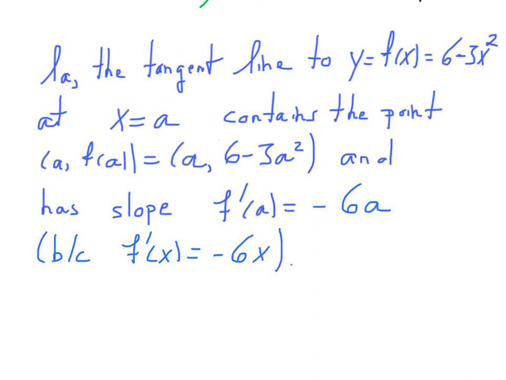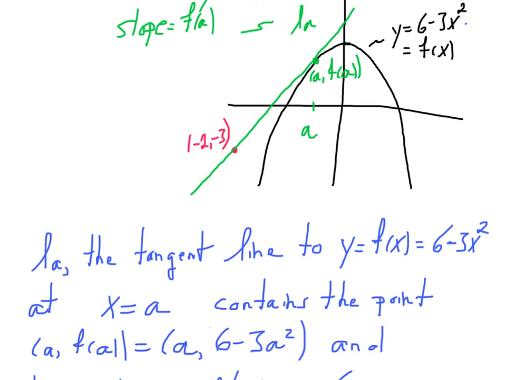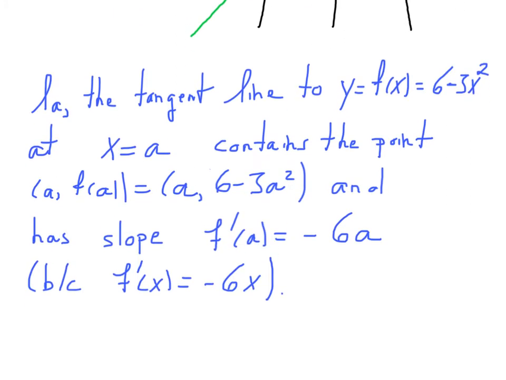All right, so what do we have now? Looking at L sub a, and remember, L sub a is this tangent line to y equals f of x at x equals a. It contains the point a, f of a, and its slope is f prime of a. In other words, it contains the point a, comma 6 minus 3a squared, and its slope is minus 6a. If we have a point and we have a slope, we can give the equation of this line L sub a. So let's write down the equation of this line. Hence, L sub a has the equation